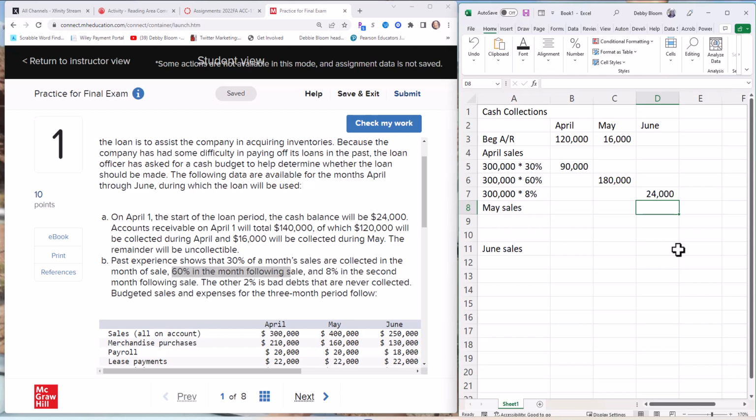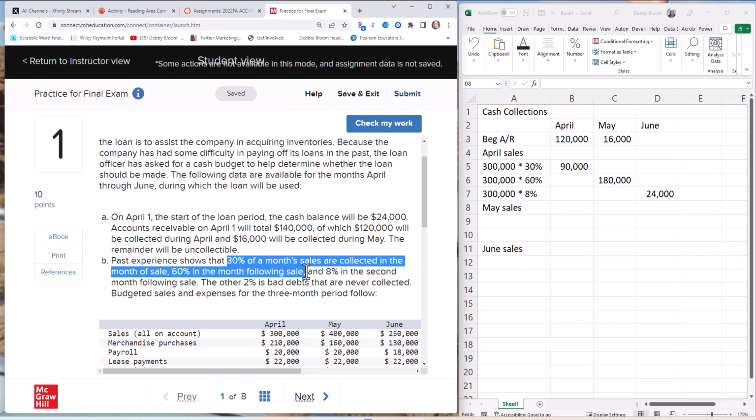Now I'm going to do the same thing for May, but May will be collected in May, June, and July. So I'm not going to have to worry about July because they've only asked us for the cash budget for April, May, and June. So for me, my May sales are $400,000, and of that amount, 30% will be collected